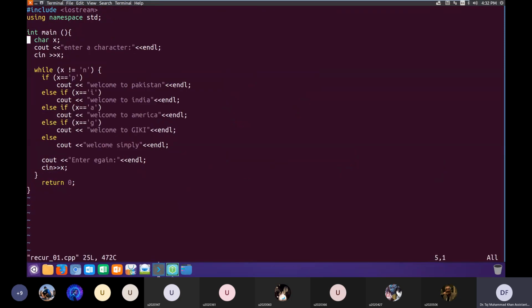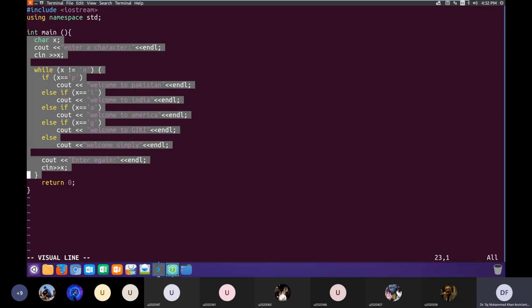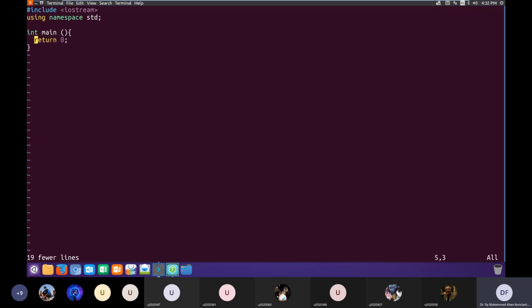Now, let me define this function here, and we call this function f1. This function f1 takes no argument, and it is returning nothing.